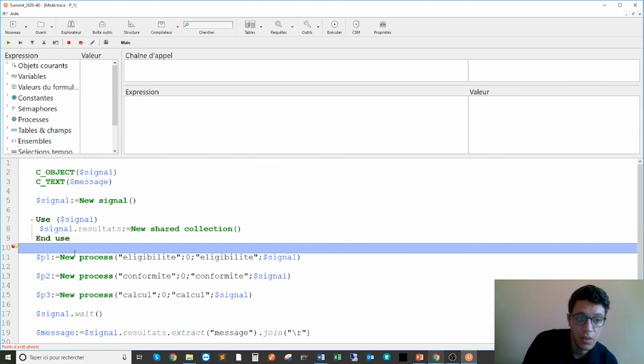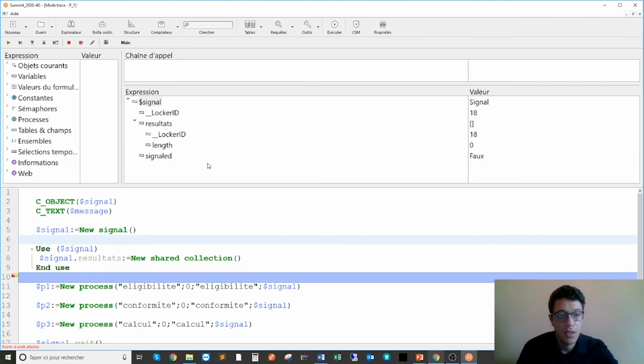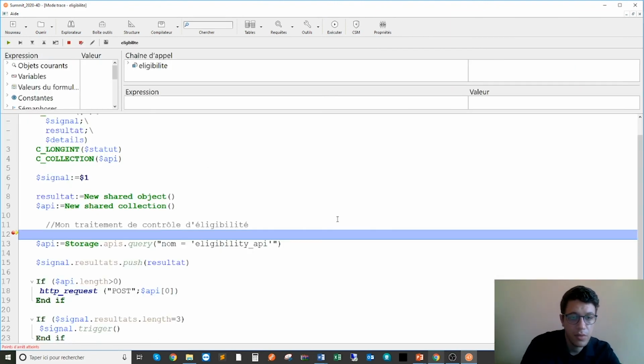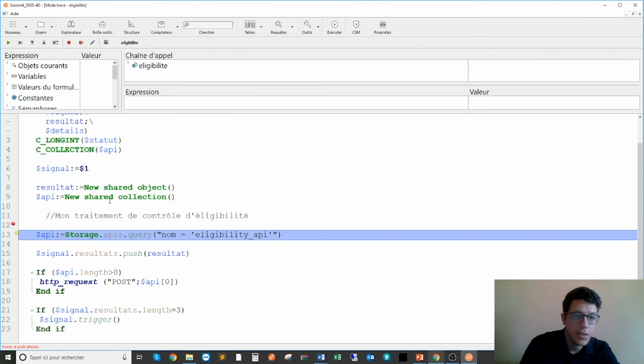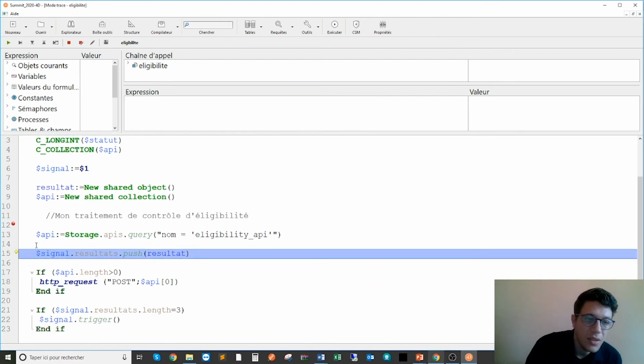So what we have here is our signal, with our shared collection results. I'm just gonna start with the first process I have here. Like I said, I get back my API that I passed to this method, and you're going to see that here I push my object before actually constructing that object, before putting any value to that object. And this is an important point because if we compare with classic objects, usually what we do is we create our object, we construct our object,